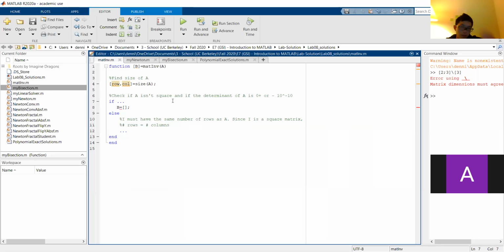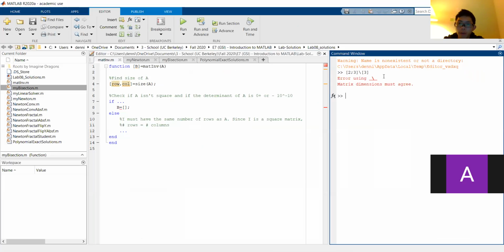So I did listen in on some questions regarding whether we could use the built-in inverse functions in MATLAB. You can, but just make sure that you understand this is doing something a little different than the inverse. I can show you how this is a little bit different. If we take the inverse, let's say we do